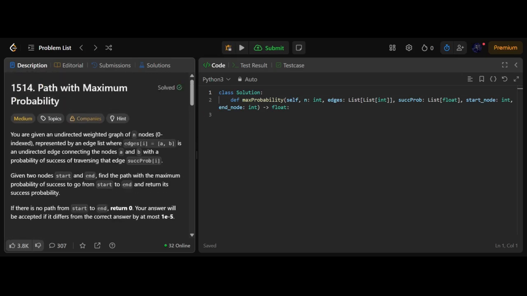And so we're told that we've got an undirected weighted graph. So what's the first thing we do? Well, the first thing we do is we build an adjacency list. So let's do that. Let's say adjacency list is going to be equal to a default dictionary of lists. And we're going to say for i and the A and B nodes for the edge in enumerate edges, and we're going to say probability. So the probability is going to be equal to succProb[i],